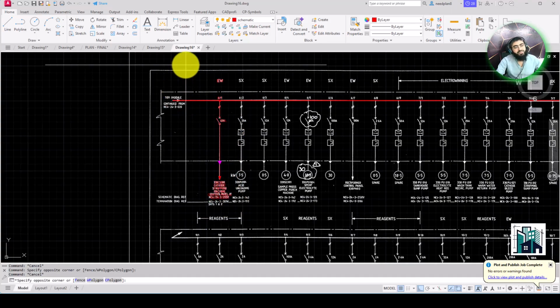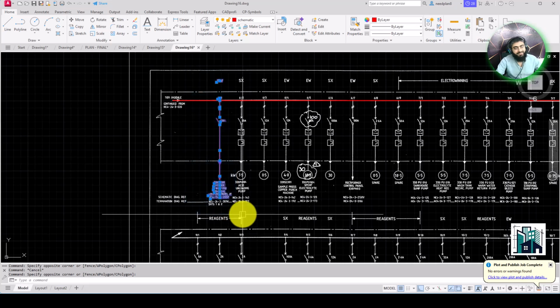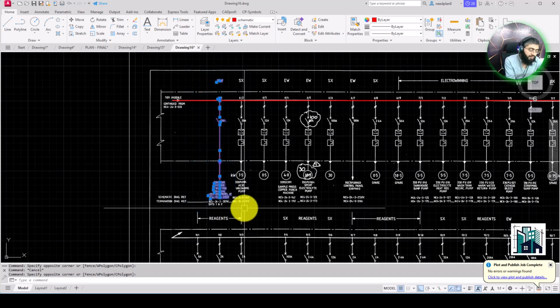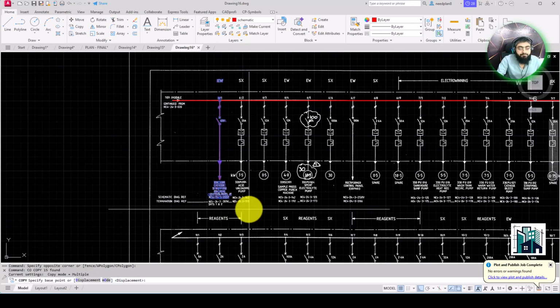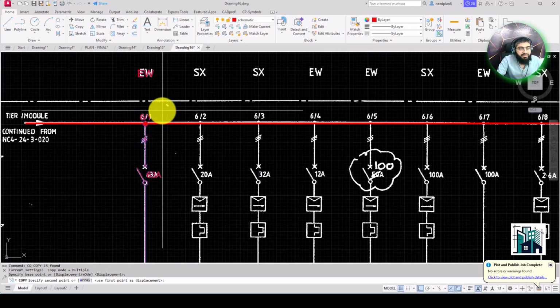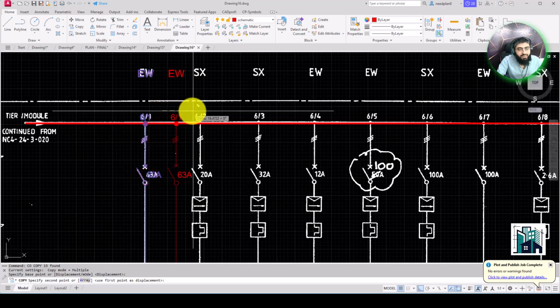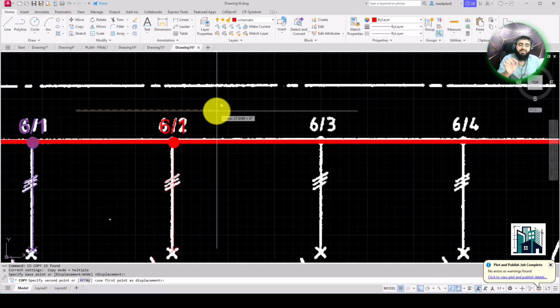And how you can create one whole line: you just have to select this and copy from here to there, and second point, CO, enter, and select this from here and then come here. You will see there is a specific distance mentioned near the cursor point.